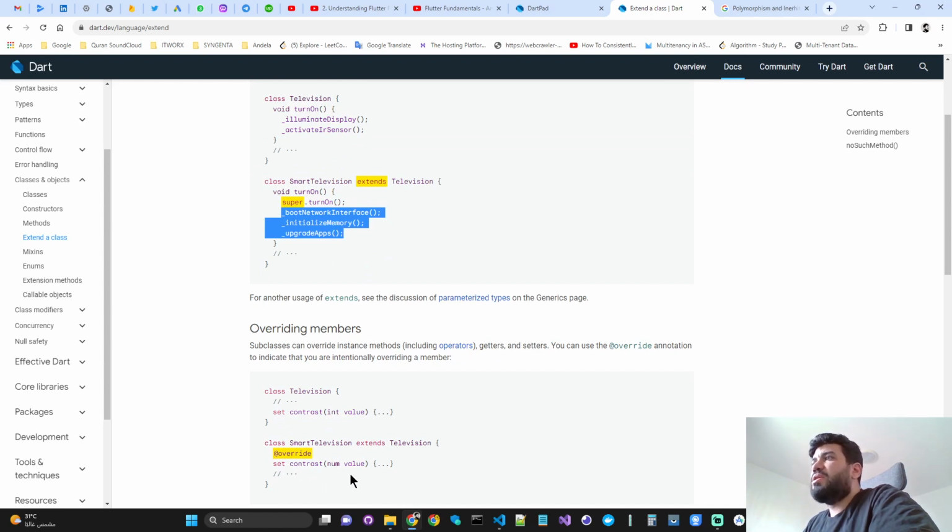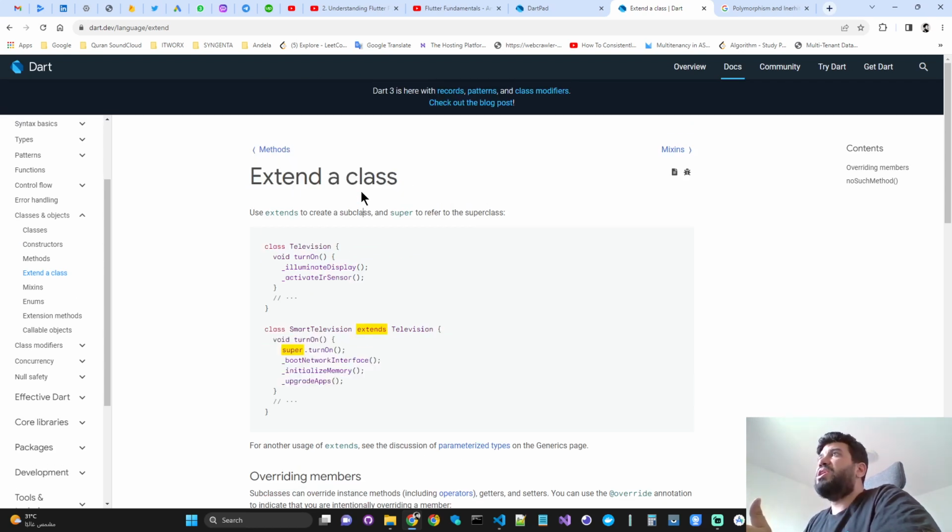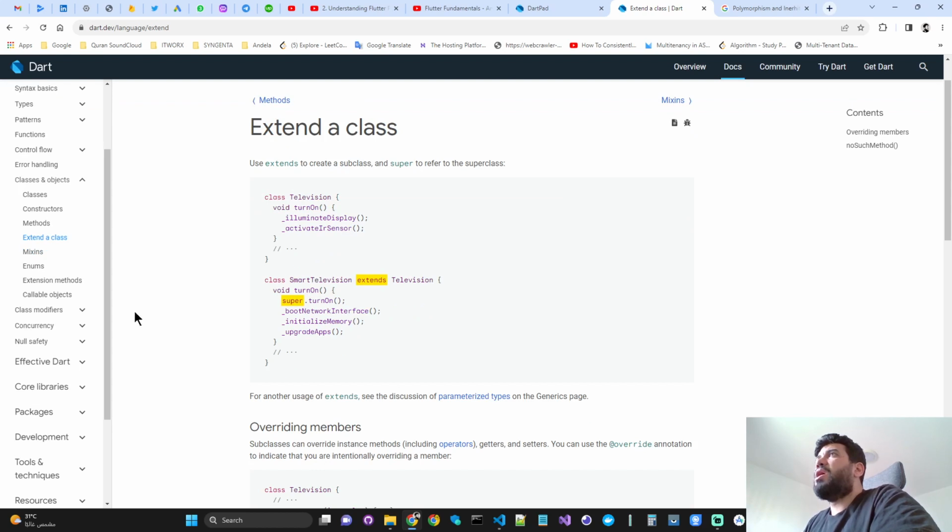Also, you can use the override annotation to indicate that you are intentionally overriding a member in the class. And we're going to use this a lot with widgets, because everything is a widget in Flutter, and we are going to extend the widgets and override their behavior. So it's very important to get yourself introduced to extension in classes. I think it's much better now to split this in half. So I'm going to leave it here as part one, and maybe we can continue in the next part to continue the introduction to the